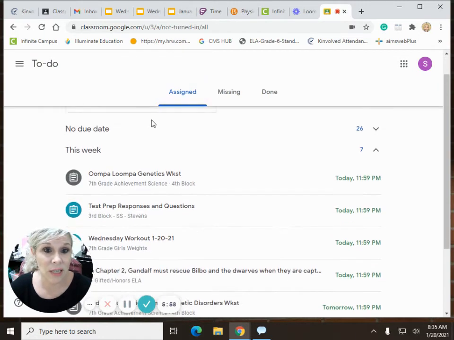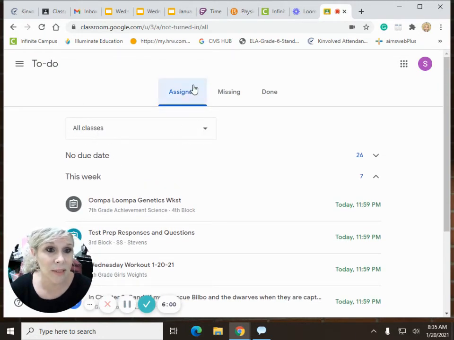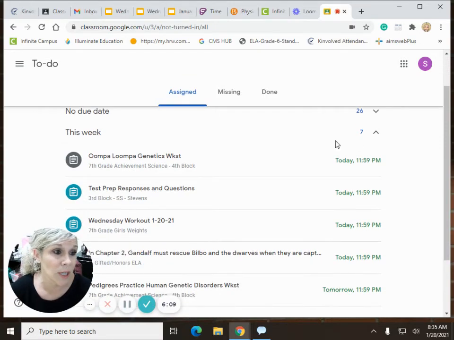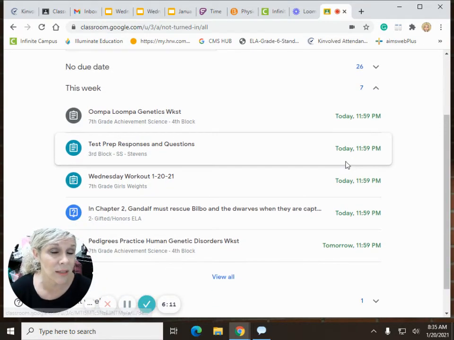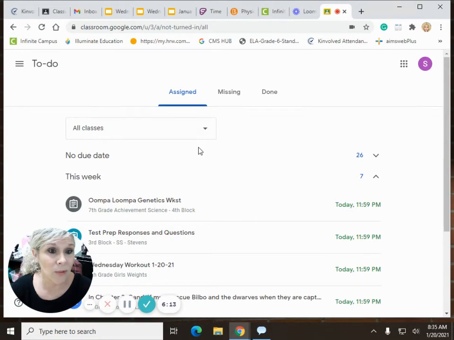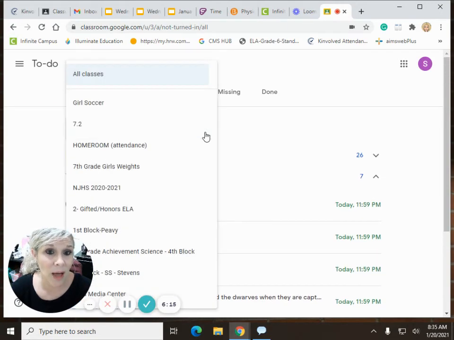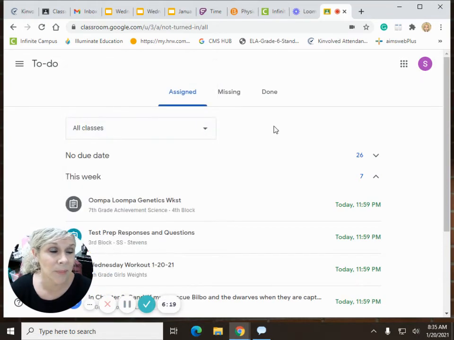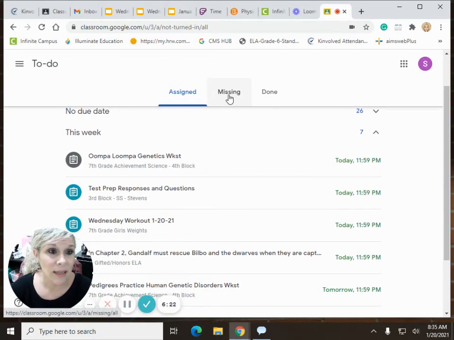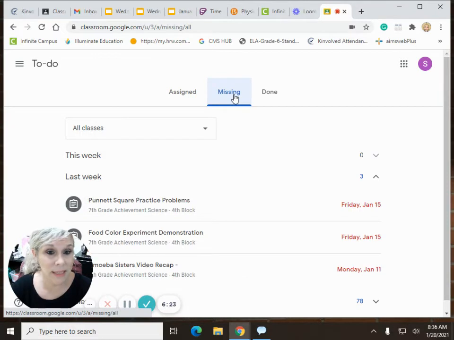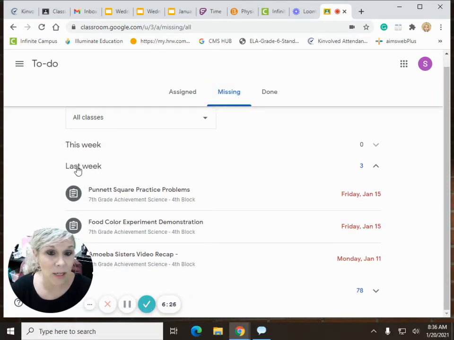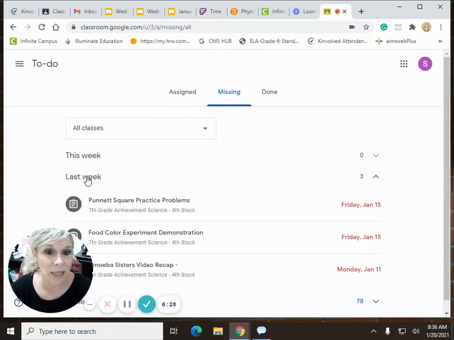It's going to default to all classes, and it's got these 3 great tabs up here. And so you can see everything that has been assigned for your child this week and the due dates. All right, if you want to just look at one specific class, then you can look at just one specific class, okay? This is the missing work tab, and you can click on last week,